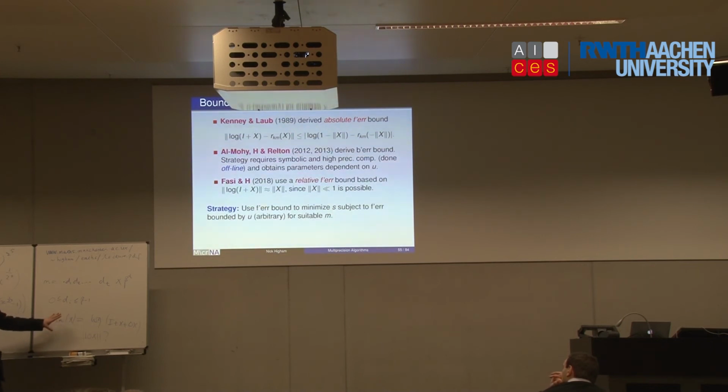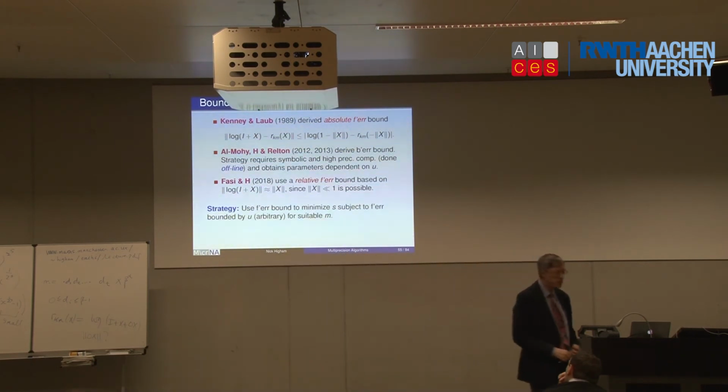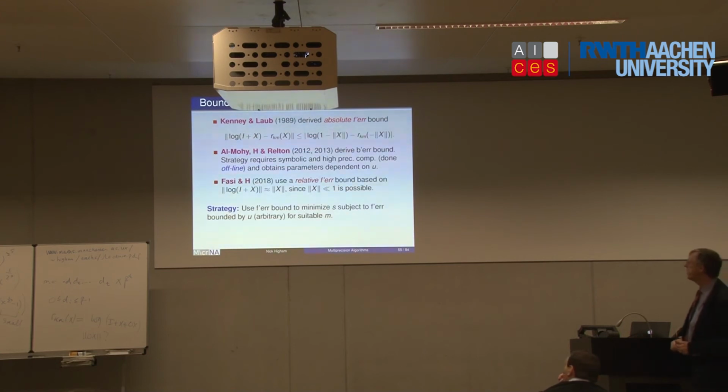We were able to do the analysis, and we developed algorithms for double precision computation. But those algorithms require symbolic and high precision work that we do offline when designing the algorithm. So we do that once and for all, then we can write down the algorithm and implement it. But this is all for double precision arithmetic. So if I now want to take that work and work out a quad precision algorithm, I have to do all that work again. And here I want an arbitrary precision algorithm. I want you to give me a precision. It might be 64 decimal digits worth. I don't want to have to run all this symbolic computation before I can run the algorithm. It's just not practical. So that approach we have to discard.